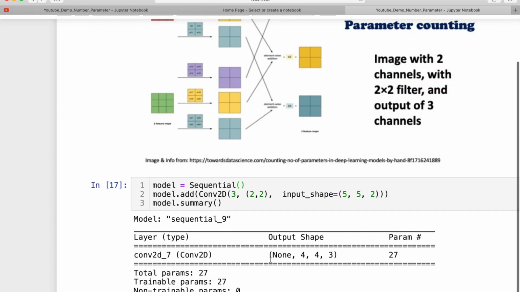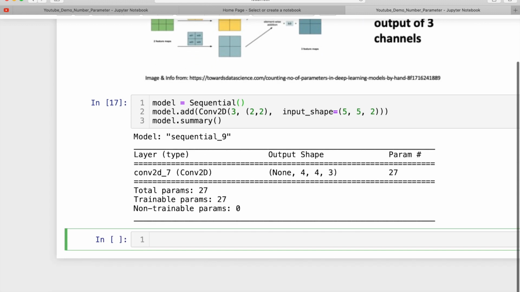Let me execute this. This is 27. So you have to multiply the dimension of the kernel by the number of channels of the input, multiply by the number of output frames, plus the output frames as bias.